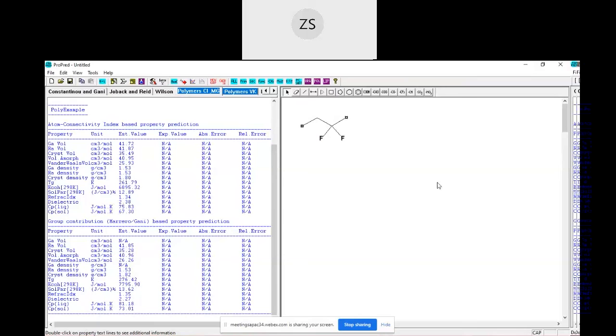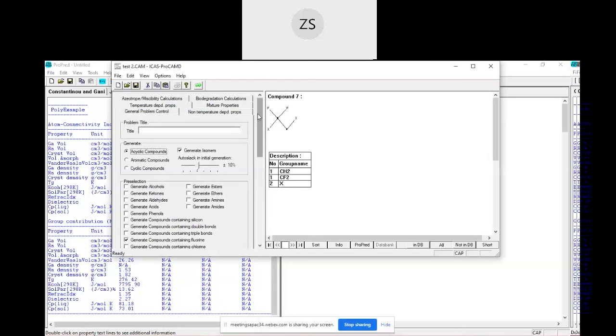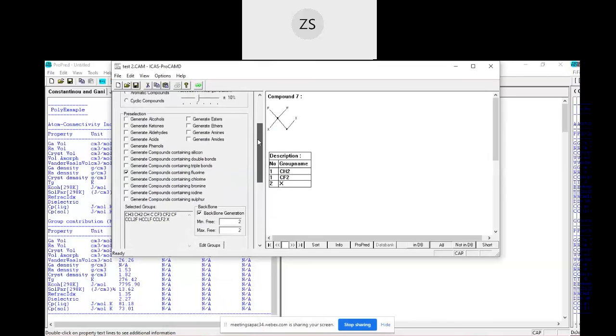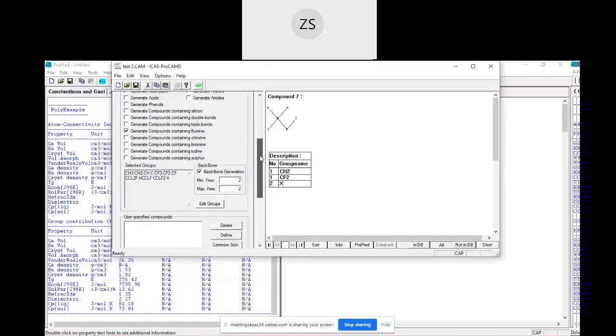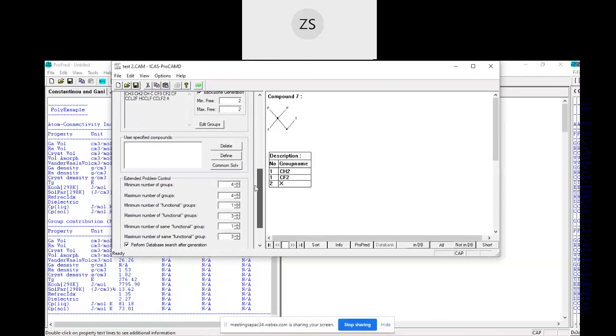So this shows the constraints that we chose before at CAMD in the general problem control. So basically, I think we chose the right values for all of it because it gives the polymer repeating unit and also the value for Tg based on the requirement.